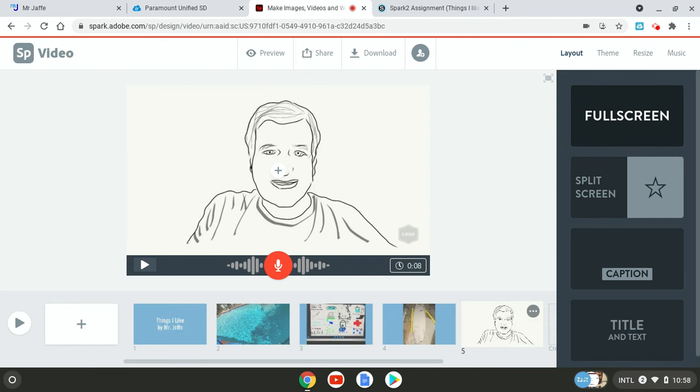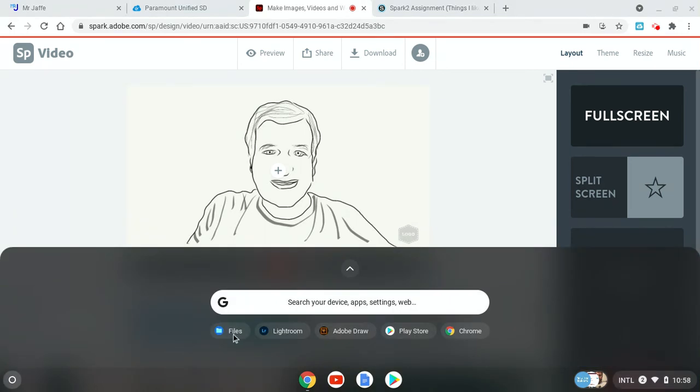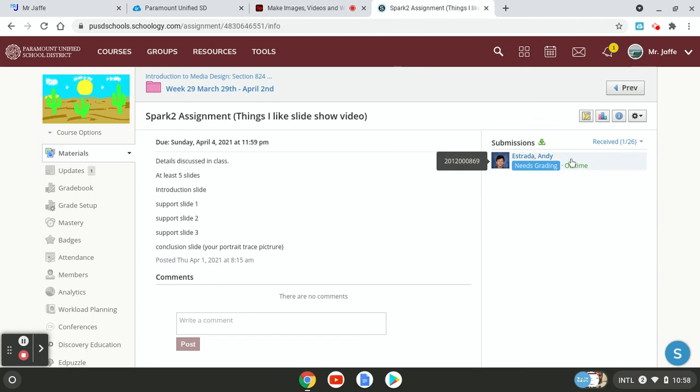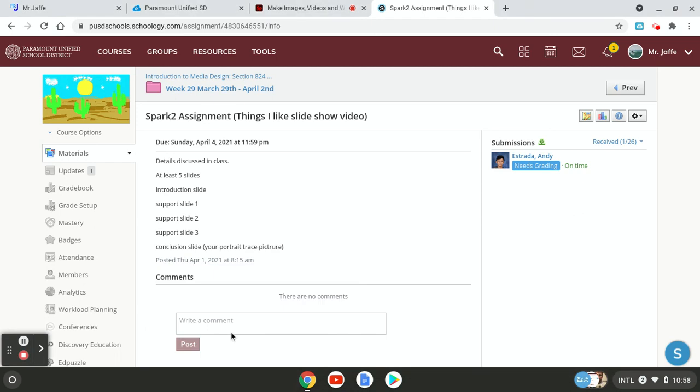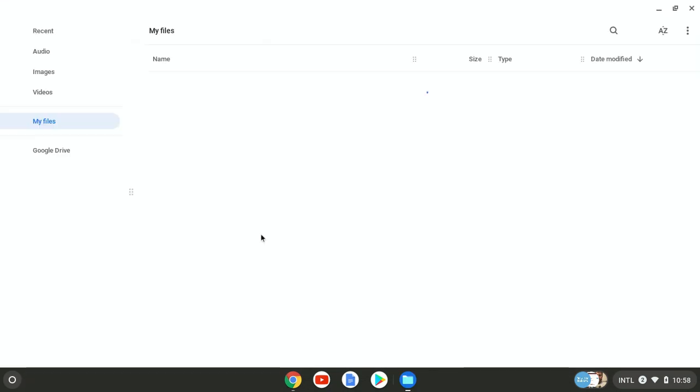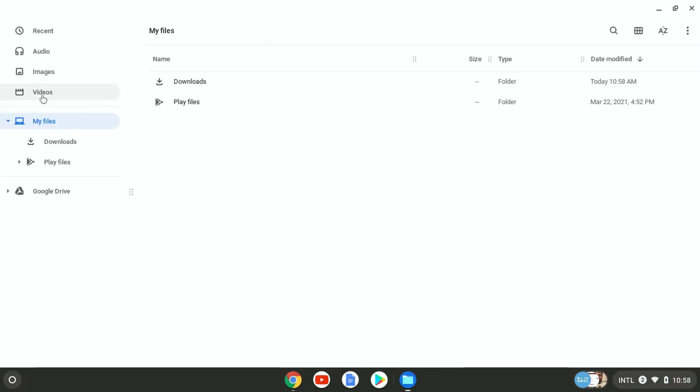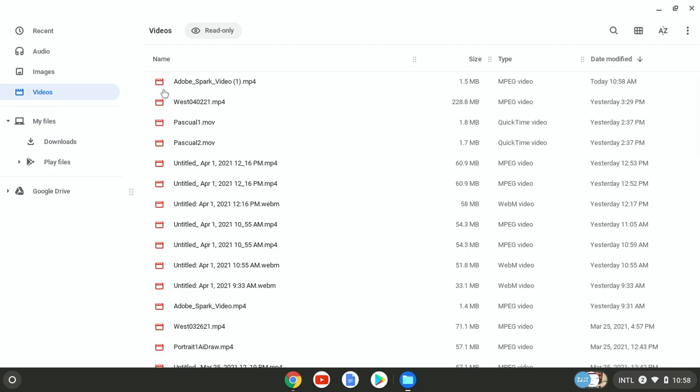Okay, so it looks like it just downloaded. And hang on one second. And it looks like I put it in my file, so I'm going to go here. Well, actually, now I'm going to go, once it's downloaded, I'm going to go to the assignment. I'm going to click Submit, and that's going to take me to Files. And if I click Videos,